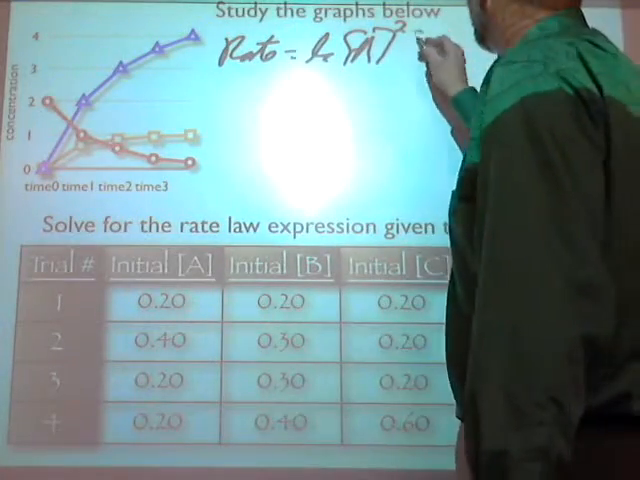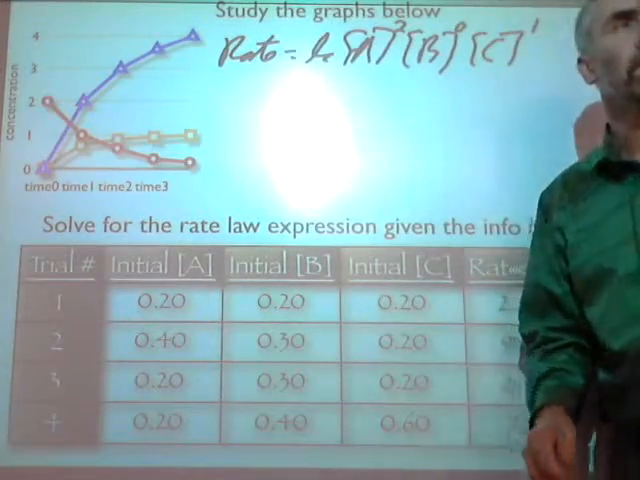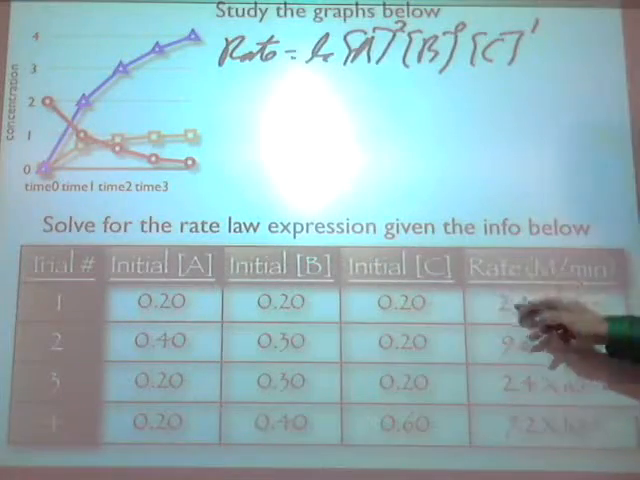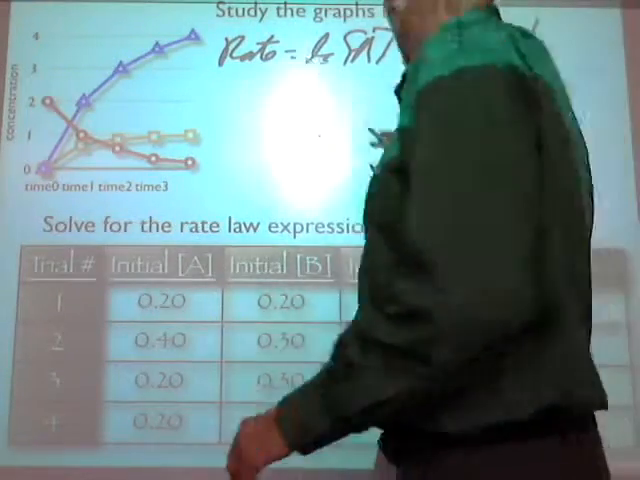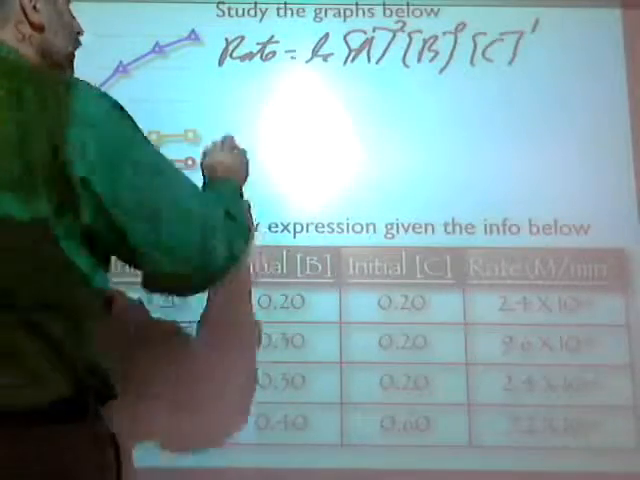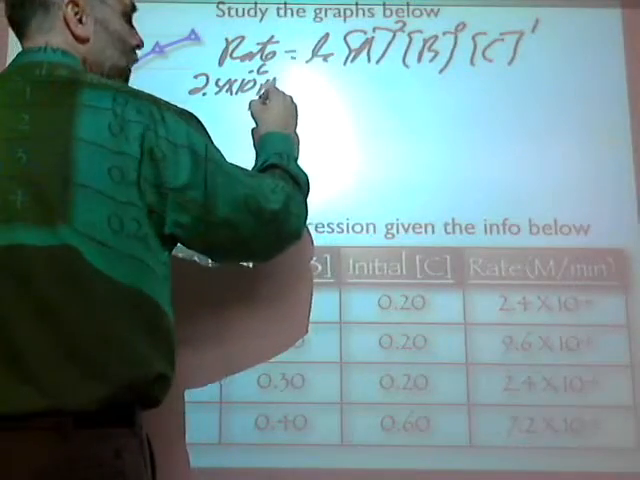A was second. B was, I remember, 0. And C was first, right? So you know all those variables. The only thing you don't know is K, because you're going to plug in these concentrations and keep your units. The rate is changing, or not changing, we don't care about the change now, we care about the absolute value of it. 2.4 times 10 to the negative 6 molar per minute